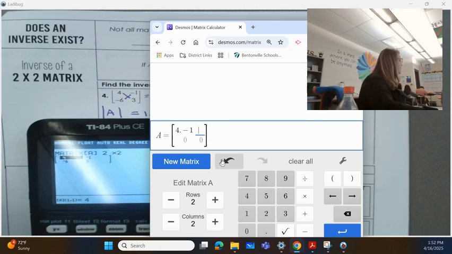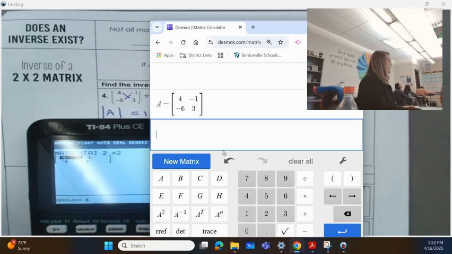Shoot. 4, -1, -6, 3. Okay. So in here, if I want to find the inverse of the matrix, I just hit A